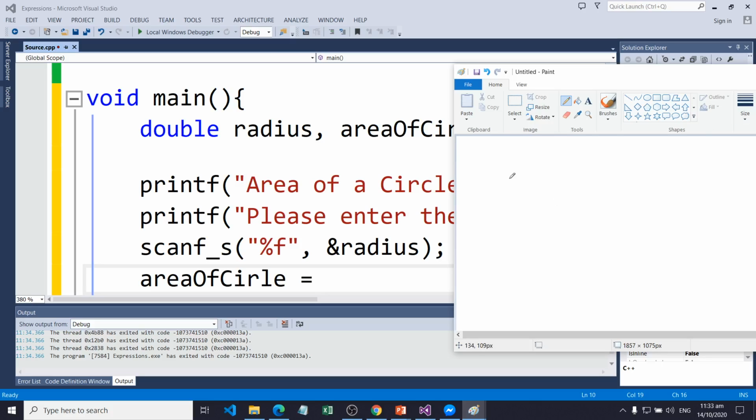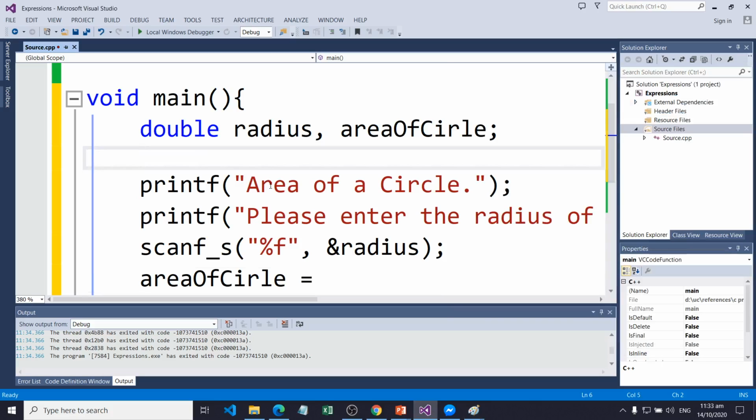The formula of the area of the circle is pi r squared, in which pi has a constant value of 3.14, like 3.1416. And the radius is the value that we're going to get from the user. And we have to square it.